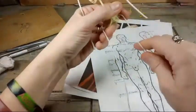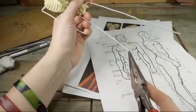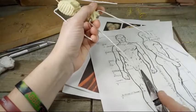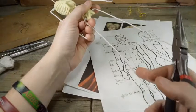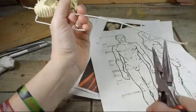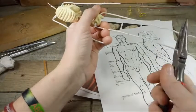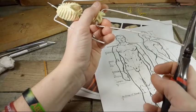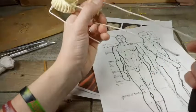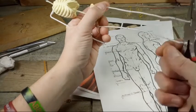I'm going to cut. This is too long. I don't want it that long. It's good to have it long, because if you're making a female and she has high heels, then you're going to need it longer. But we don't need longer, so I'm just going to cut, and I'm going to leave some part to go on my base, to go inside. I'm going to leave it out here and try to cut the same amount here,